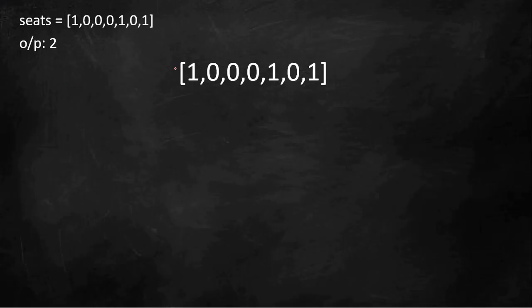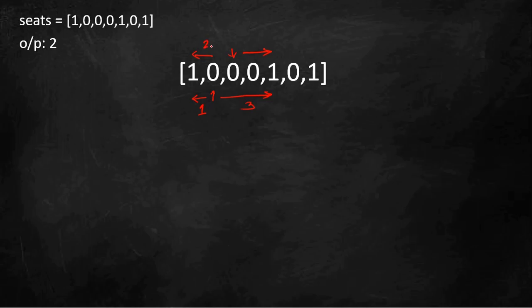As we discussed earlier, if we put Alex here, the distance is 1 on one side and 3 from the closest person on the other, so this is 1 2 3. If I put him here, it will be 1 2 on one side and 1 2 on the other. So it is 2. Earlier, even though this distance was a maximum of 3, the other distance is 1, so the closest person is this one.